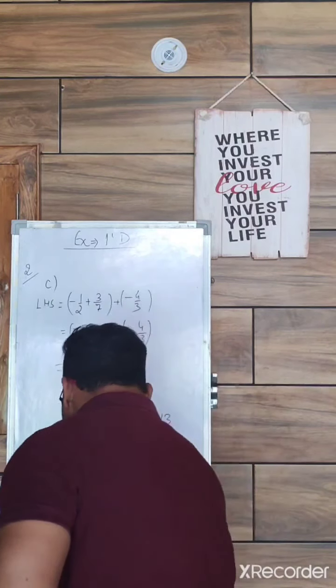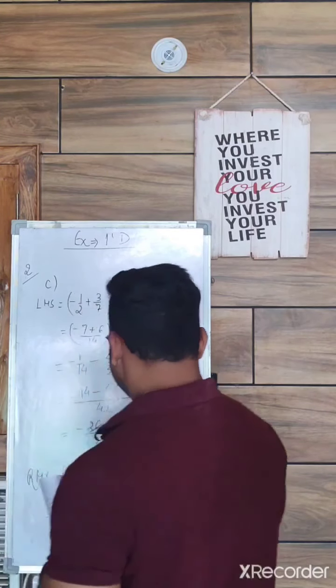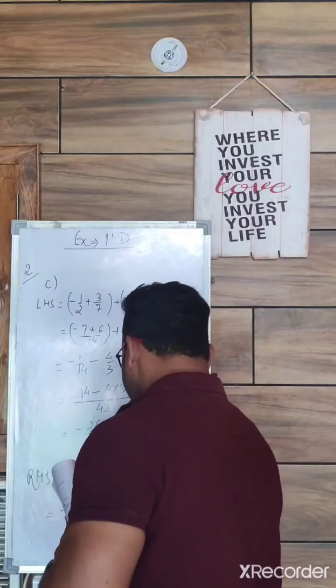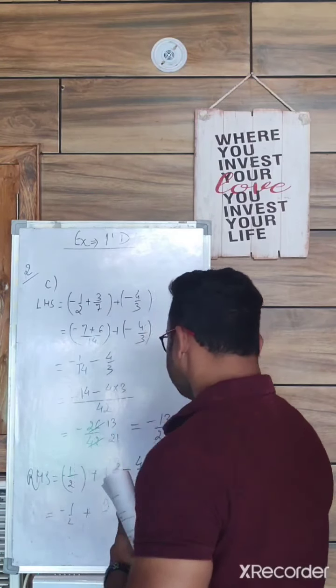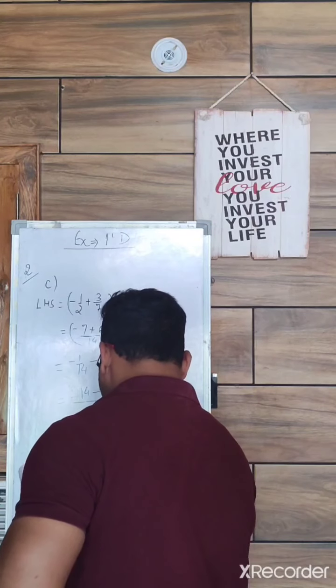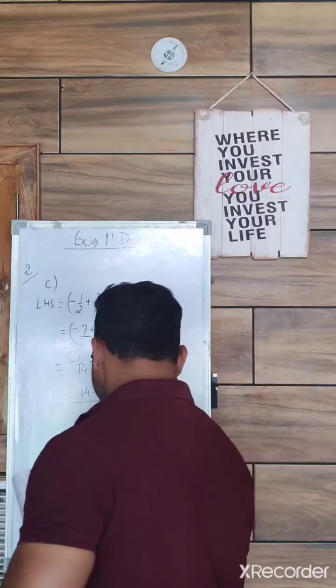Okay. So minus 1 by 2 plus, here you have to take LCM. So 3 3s are 9 minus 28 upon 21. So when you will solve, you will get